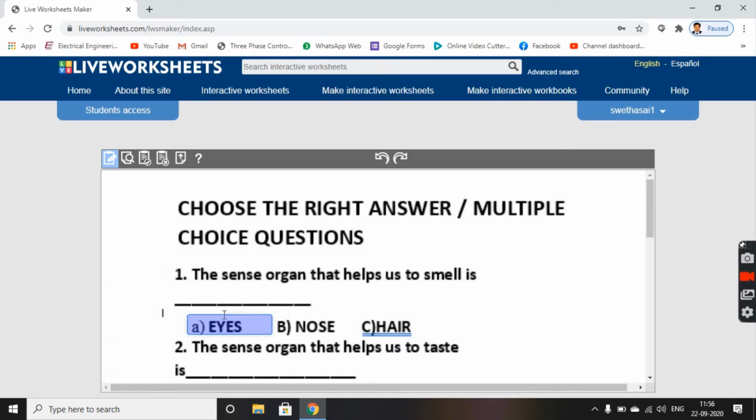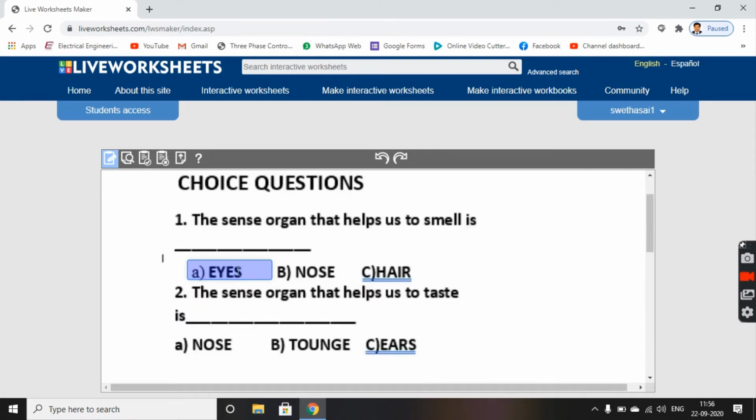Sometimes in multiple choice questions we have buttons, so we want each and every box to be of same size and shape. For this we have an option like copy and paste. Click on this text box. We have Ctrl plus C key on the keyboard to copy. So Ctrl C and Ctrl V to paste. So you can now drag this again onto another option. Again you can copy or press Ctrl V to paste. In this way you can drag.